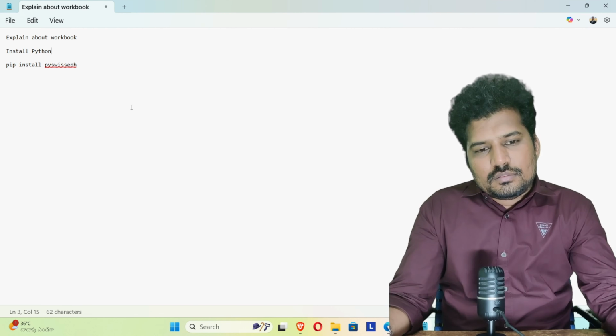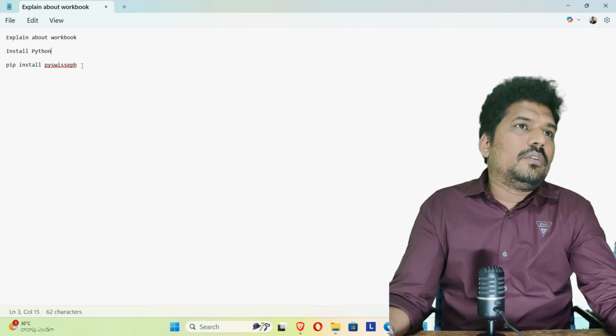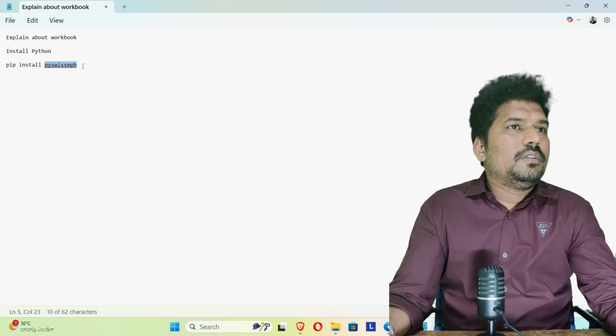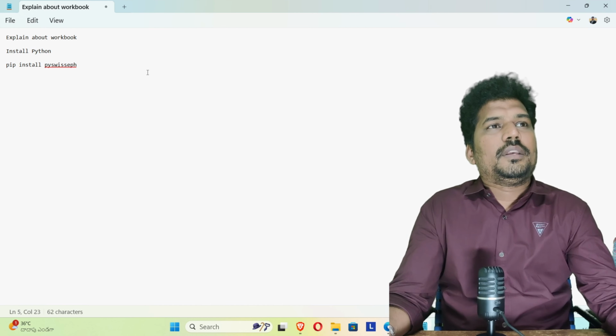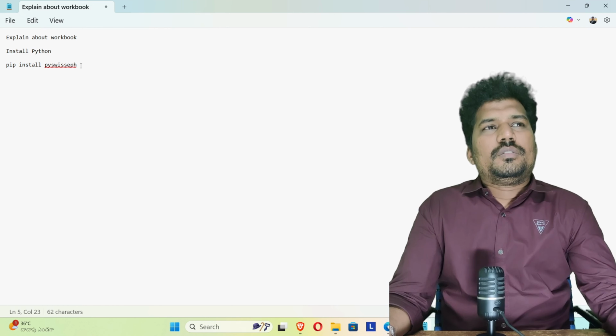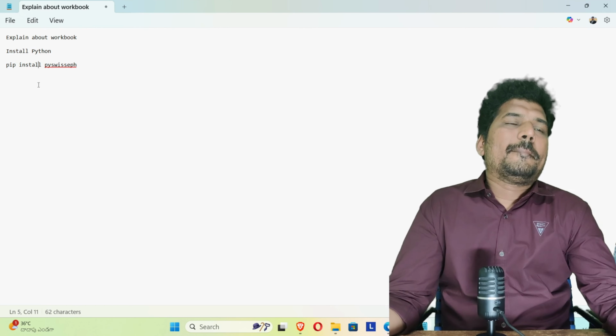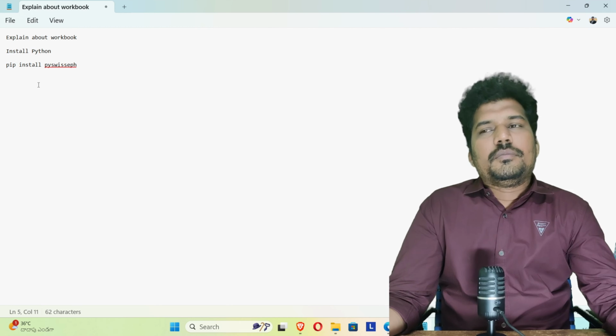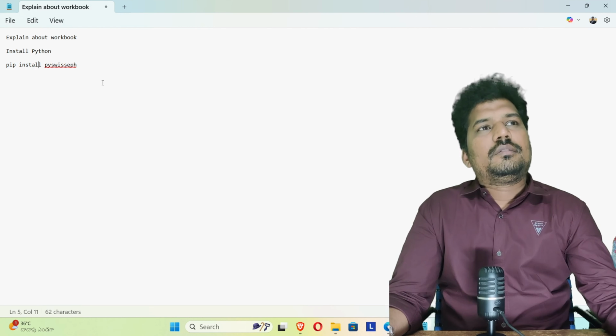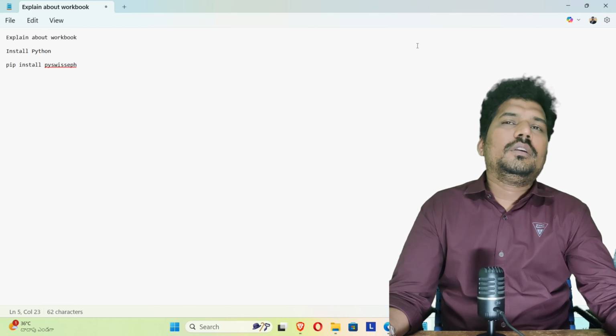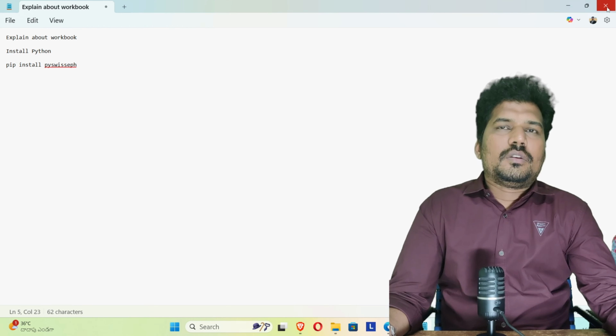After that you need to install this one: pip install pyswisseph, because this is the program from which we are taking the ephemeris data. This program provides the ephemeris data, so we need to install that one.